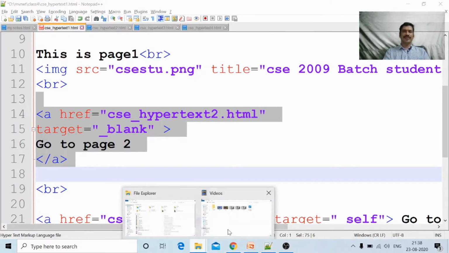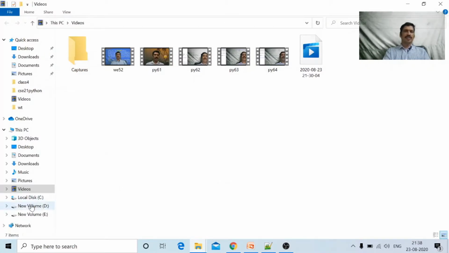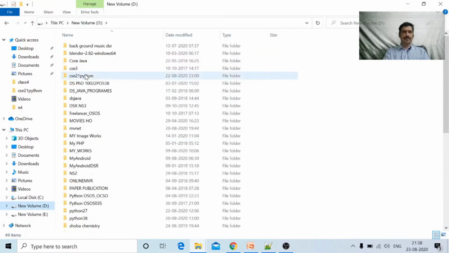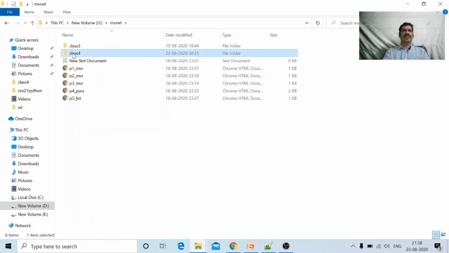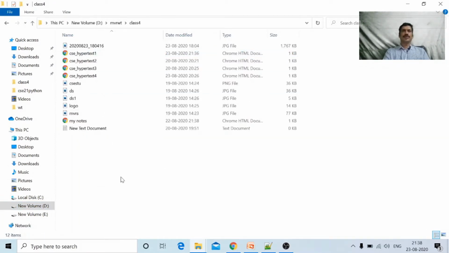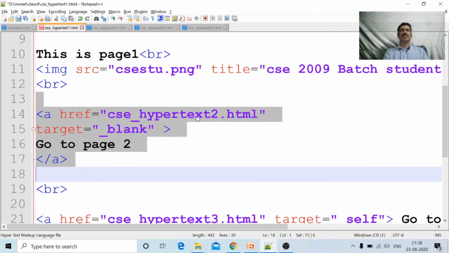The page is available within the folder D drive, mvrwt, class 4. CSC hypertext 1.html is available there. I am specifying the path as CSC hypertext 2.html. Where is this file available? In the current folder only.